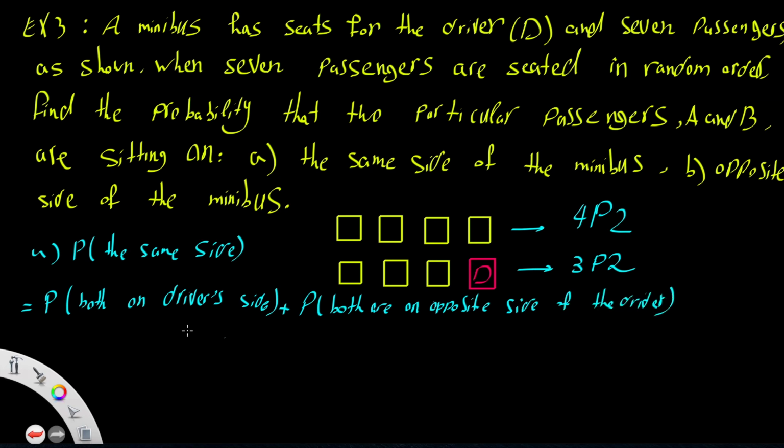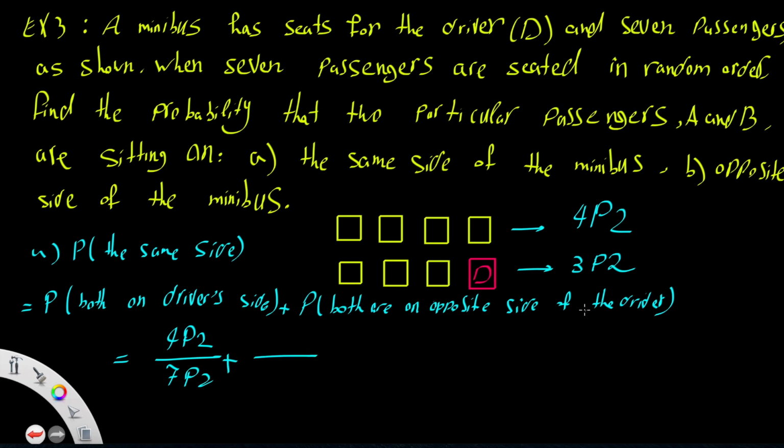Now, the probability that both are sitting on the driver's side. So the possibilities is 4P2 over the total number of possibilities, because 2 particular passengers may take any of these 7 seats, so the total possibilities will be 7P2, plus